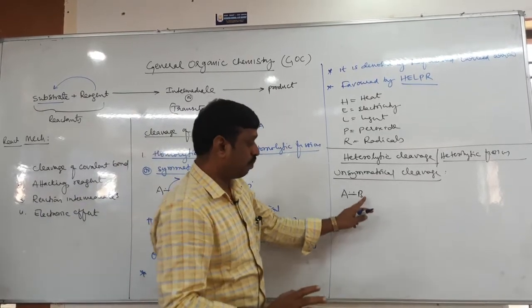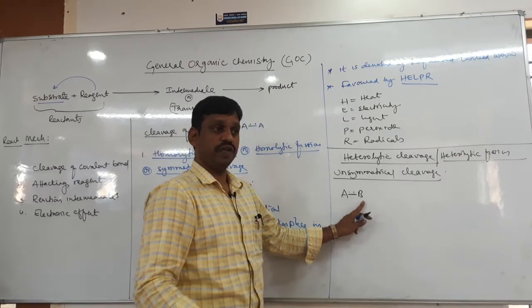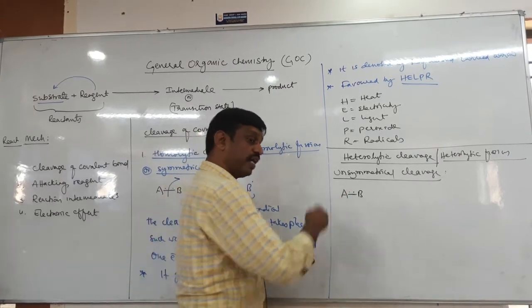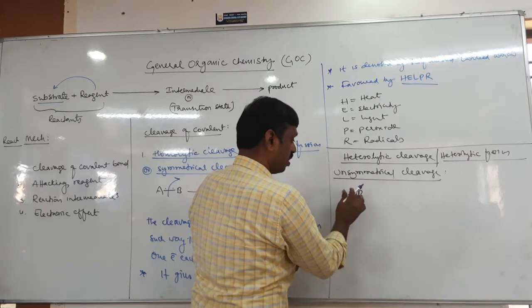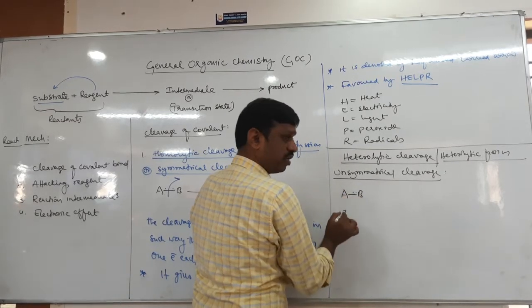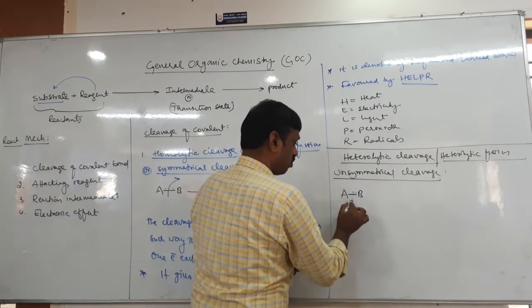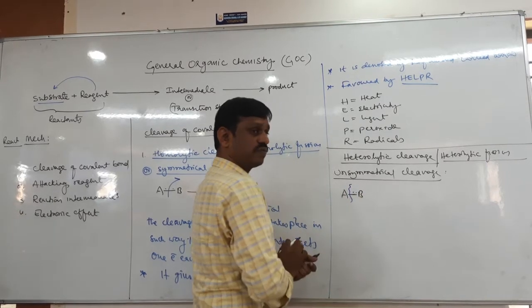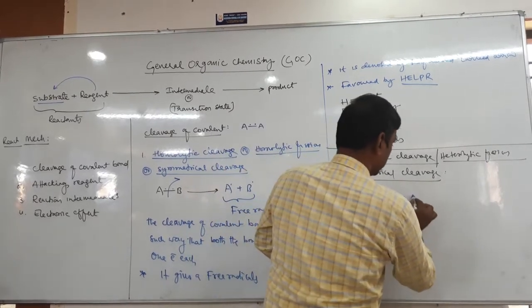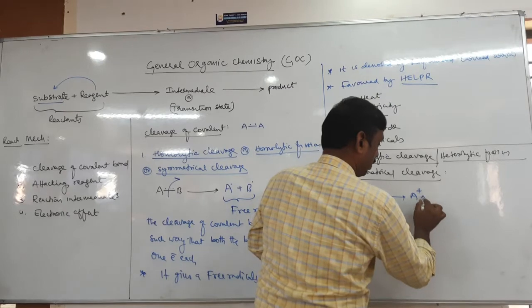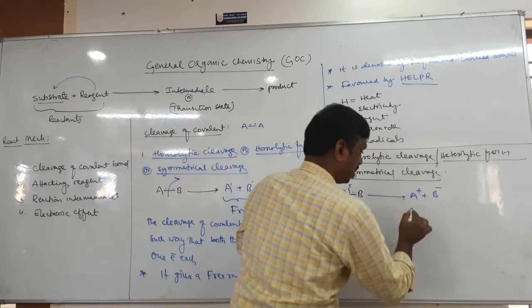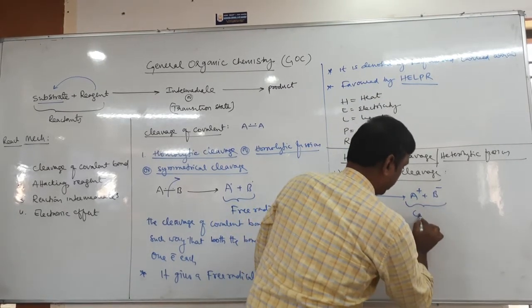Suppose the B atom has more electronegativity, both the bonded electrons are taken by whom? B. It means two electrons will be here, then the cleavage of bond will be like this. So that as a result, A gets A plus, B gets B minus. That means you will get cation and